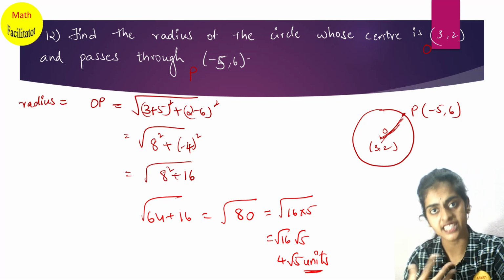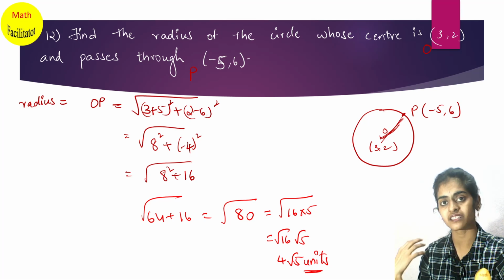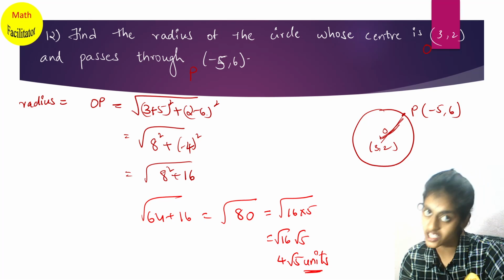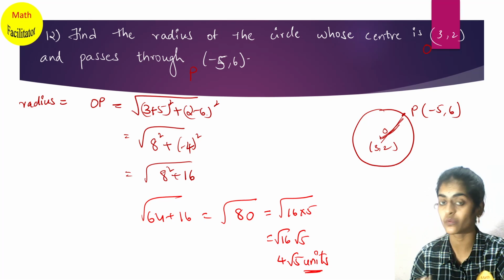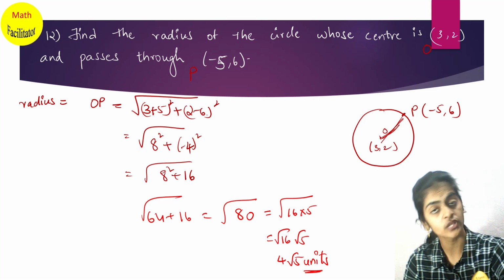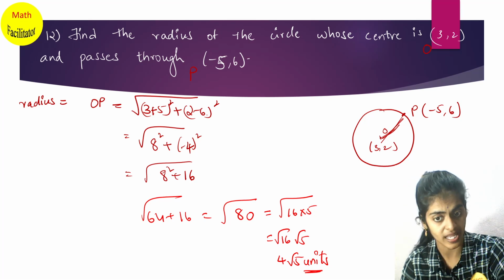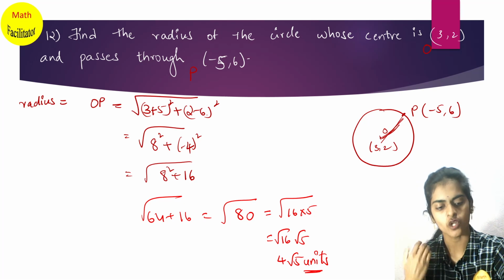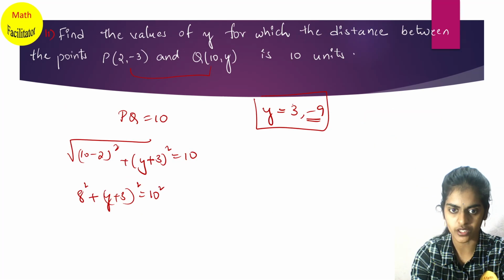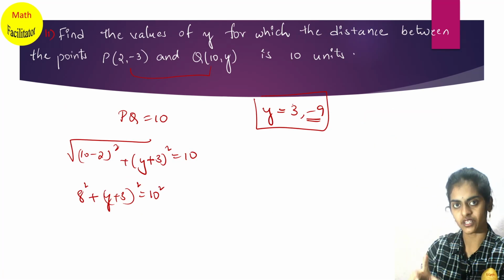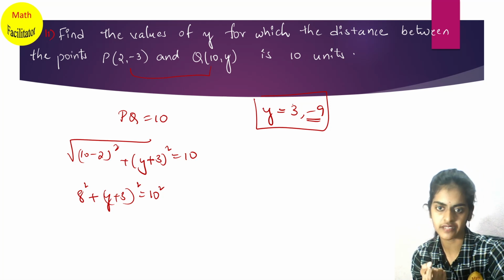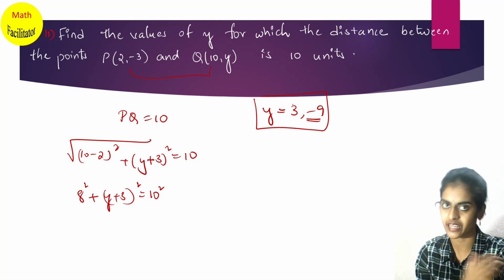These are the different situations. Like in the last video, we discussed how to prove a triangle is an isosceles triangle or equilateral triangle. Now in this video, we discussed how to prove that the vertices form a rhombus or a square, and now the radius of a circle. So all these are really important, and this model is also important. Now 2 points are given to you, one of the coordinates is not given and the distance is given, you have to find the other coordinate.